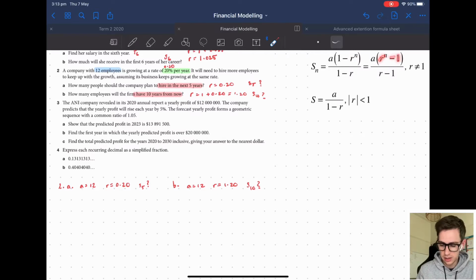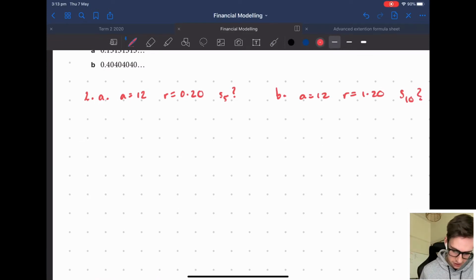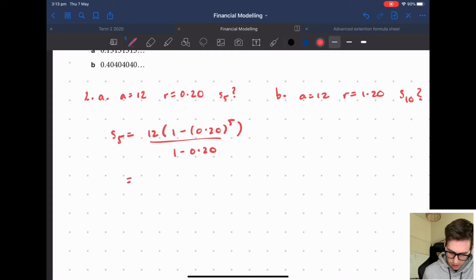If the rate's bigger than 1, we go r minus 1. Okay? So for this first example, I have a rate that is less than 1. So I'm going to be setting it up as a times 1 minus my rate to the power of 5, all over 1 minus my rate. Pop that into your calculator and you get